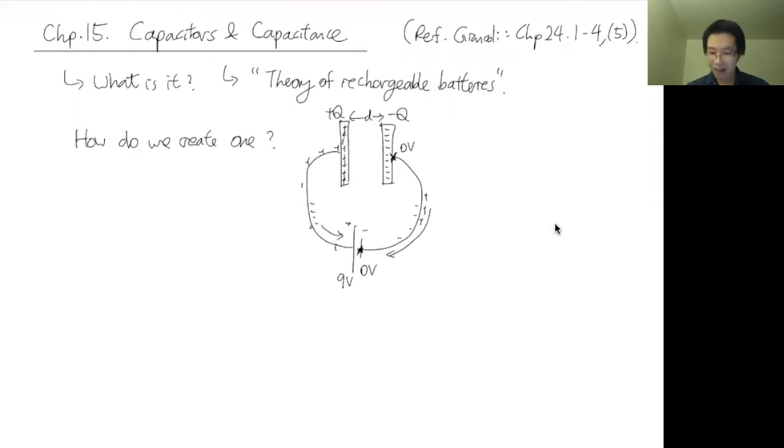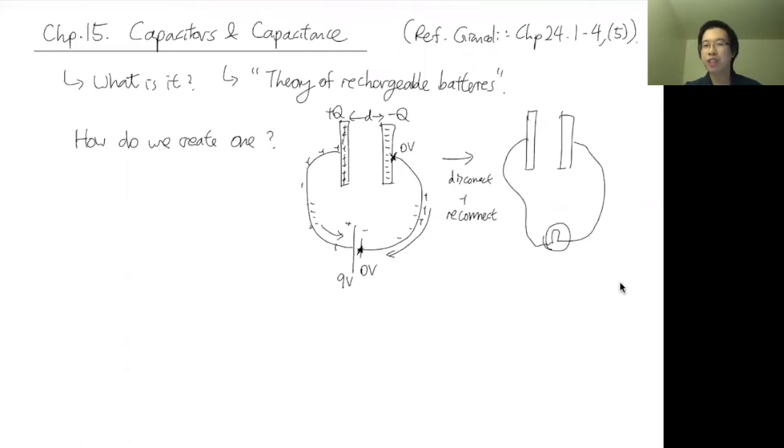Okay. All right, so what do you do now? All you have to do is disengage the battery, disconnect the battery, right? So you disconnect, and then you reconnect it to whatever your favorite appliance is. Maybe a light bulb, or your iPod, or your iPhone, whatever you want to charge. Let's assume they're all generically a light bulb, right? So now you have all these positive charges that were trying to go to the negative side, but failed because there's an air gap. Suddenly now there is an outlet. They realized, oh, I can actually go this way now.